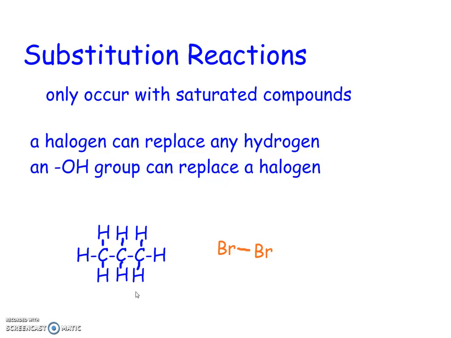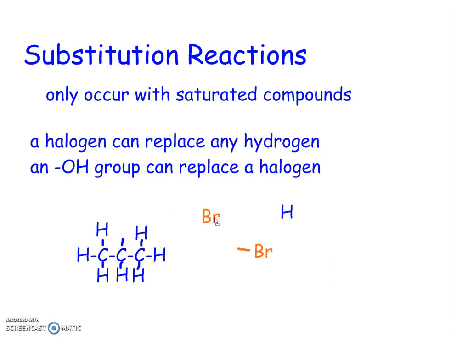So if I look at this compound here, the bromine could replace this first hydrogen, and then the hydrogen ends up with the other bromine. So one of my products would be 1-bromopropane. However, it did say that it can replace any hydrogen. So it's not just that hydrogen that it can replace. It could also replace this hydrogen here, which would give us